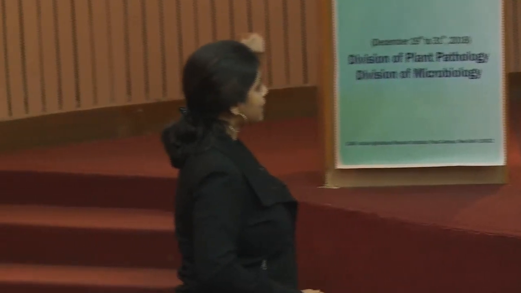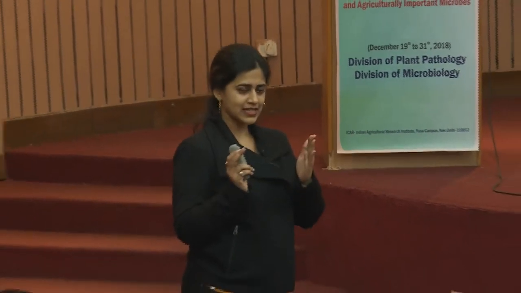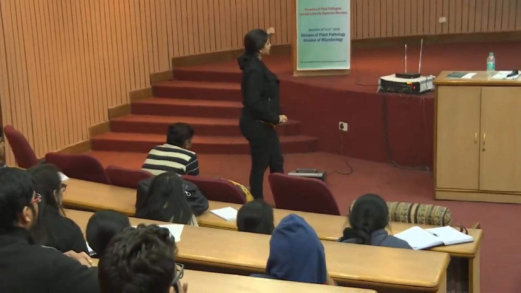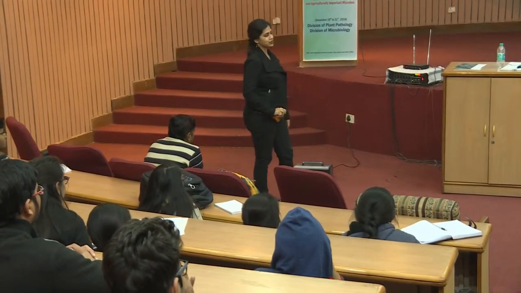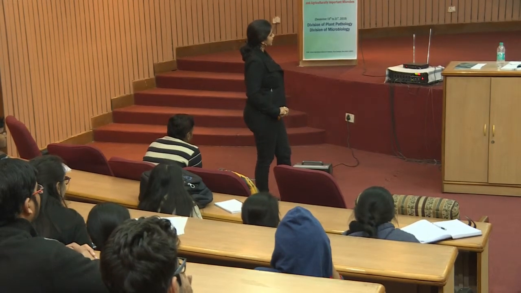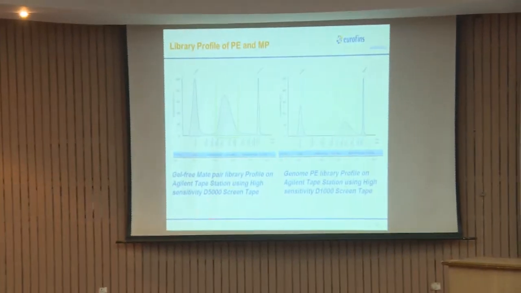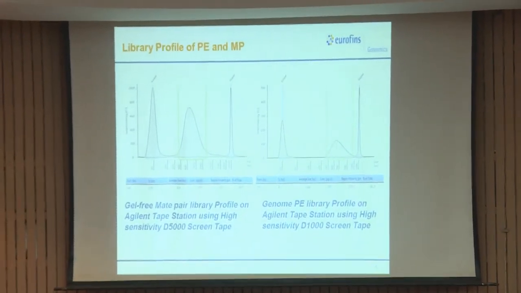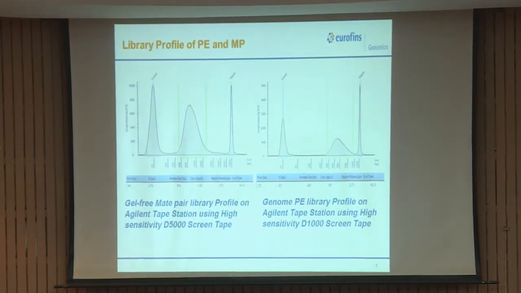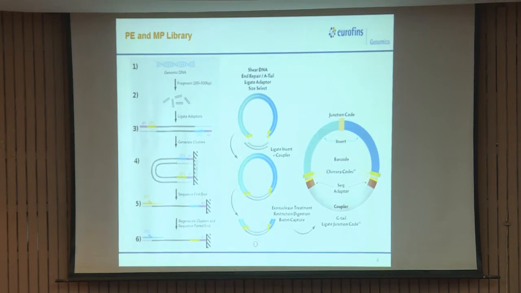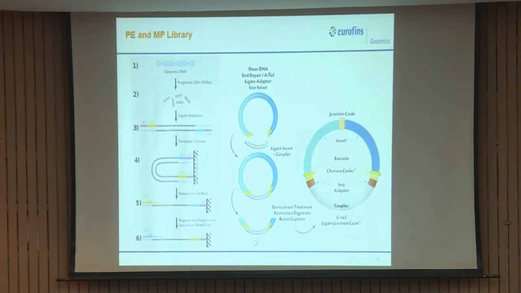And now, in paired end, because it has a smaller distance between two reads, somewhere around 495 minus 120, that is what my library is. So, you can see the library size is small. So, this is how we check the library QC on a tape station or on an Agilent bioanalyzer. This is the library which I was talking about.